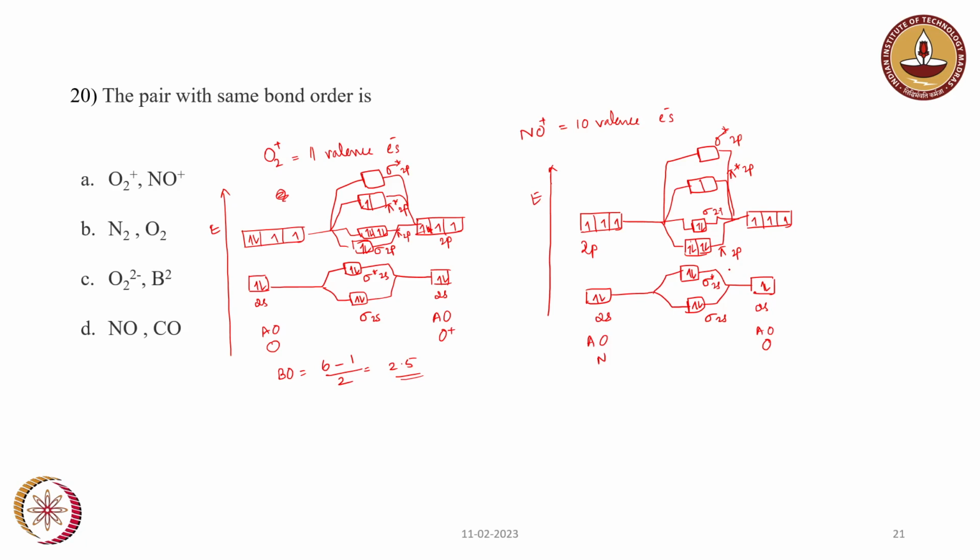So the bond order will be 6 minus 0 by 2, this is 3. So here the bond order for O2+ was 2.5 and for NO+ it comes to 3. And in N2,